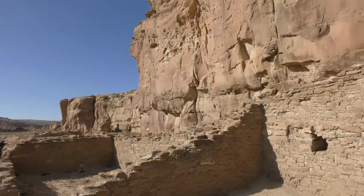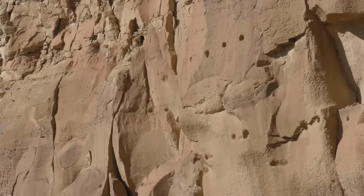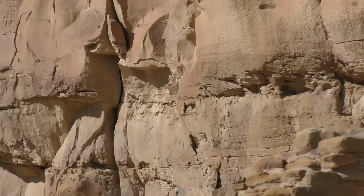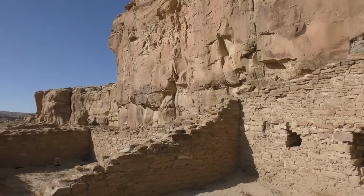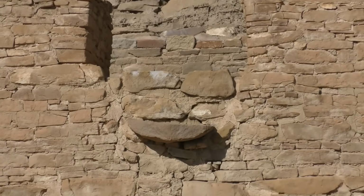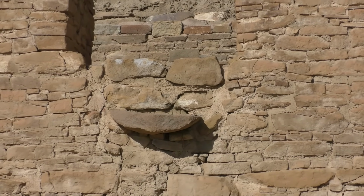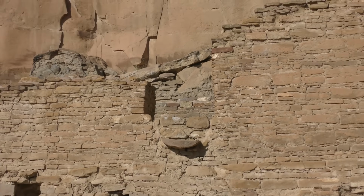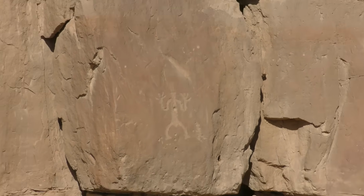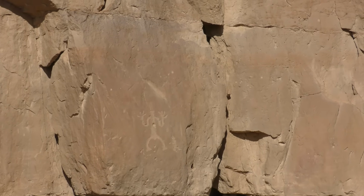There's also evidence of more construction all the way up the cliff here. There's these holes, these knock marks, which is indicative of putting more poles into the cliff to build these structures higher. Could have been three to four stories here. Really interesting stone lintel here at the bottom of this opening. It's a step to get up and into there. Well, they used to say it was like 40,000 people, and now they're like, no, there's like...